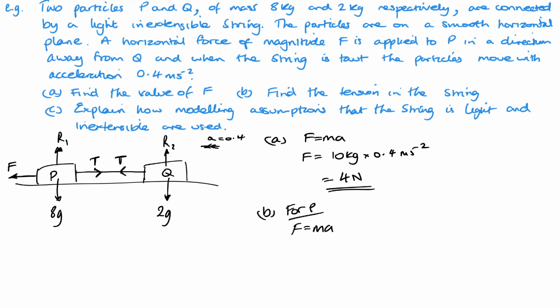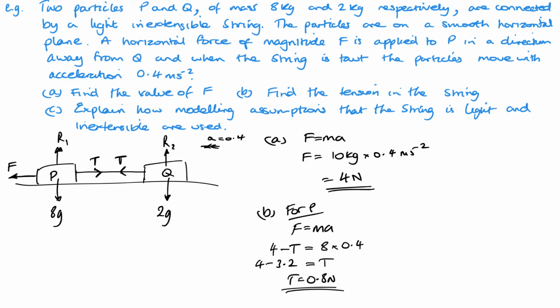We're moving to the left, so we've got F, which is 4, minus T, the resultant force there, moving to the left. The mass is 8 and the acceleration is 0.4. So take T to the right and we get 4 minus 3.2, which is 0.8, or T equals 0.8